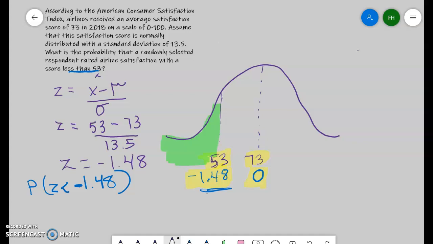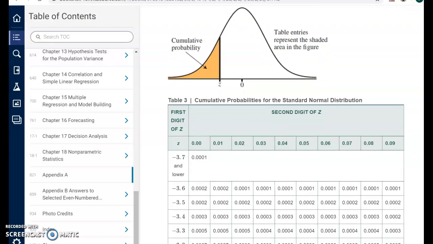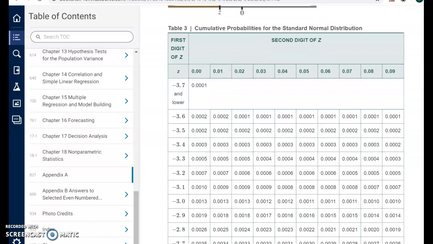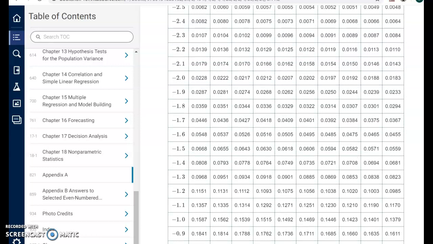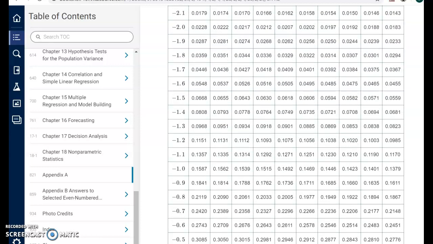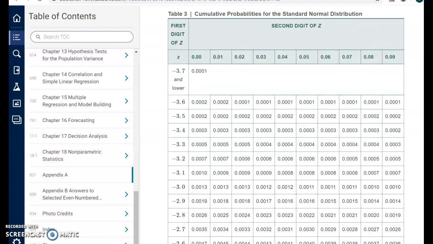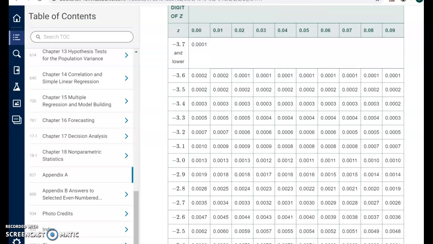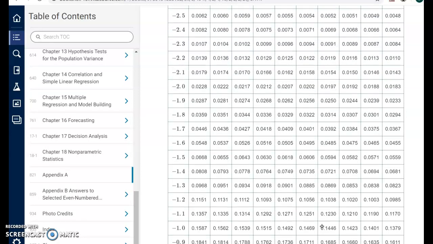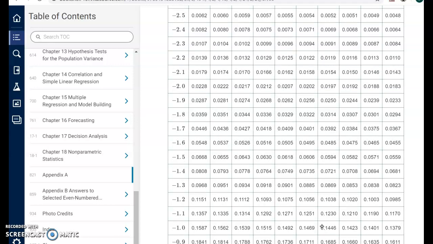negative 1.48. So the first digit is you're going to go to negative 1.4, and then if you notice, let me go back up here. The first column is 1.40, 1.41, 1.42, 1.43, all the way over to 1.48, which is the next to last. So if you find negative 1.48 and go all the way across to the next to last value, you'll see